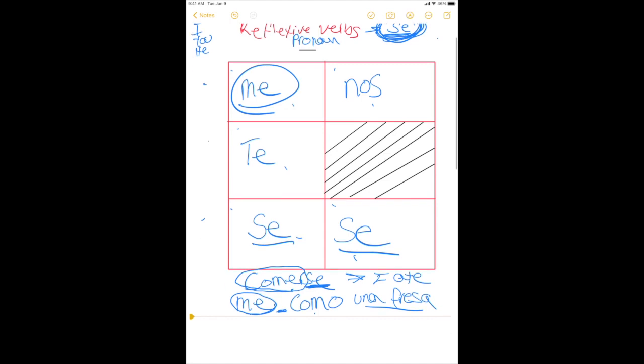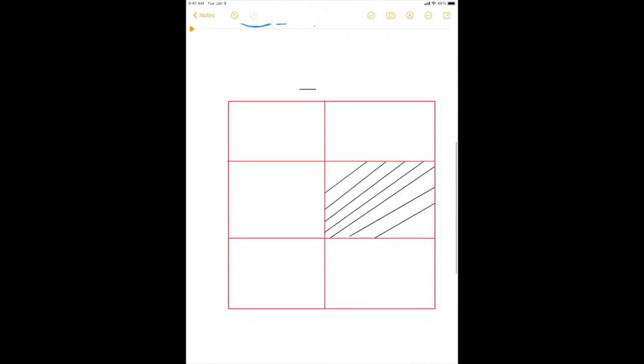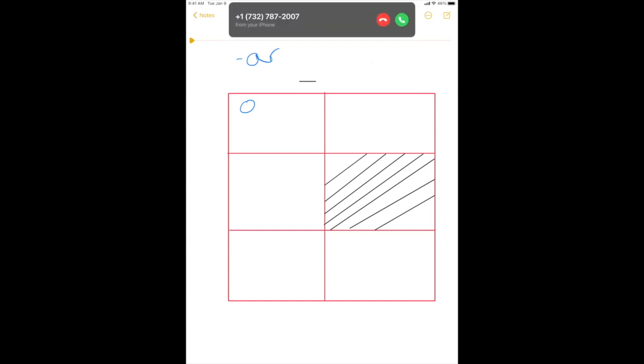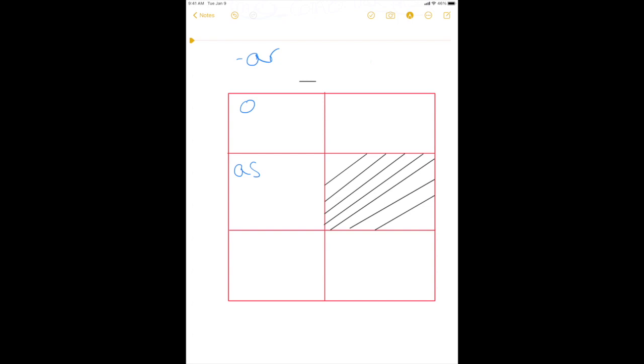All right. Now that being said, we are going to stick in the present tense when it comes to conjugating. So I want to quickly just review those. What are my AR endings in the present tense? In the yo form, I would need what? Is that O? O. All right. Tú: AS. Okay, él, ella: A. All right, nosotros: AMOS. Ellos, ellas, ustedes: